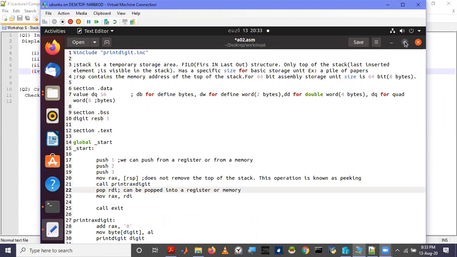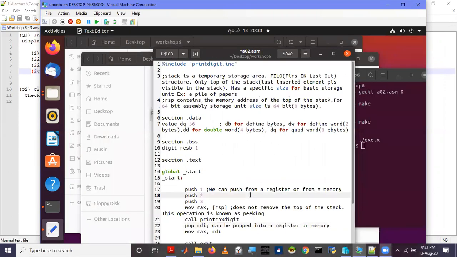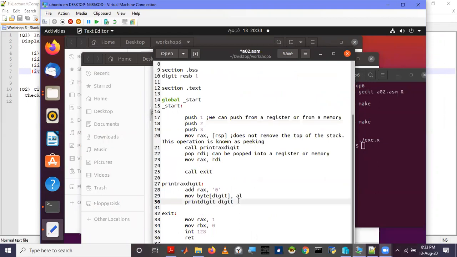For this subroutine, when you call a subroutine, make sure that you don't miss out the return statement. If you don't use the return statement, after this digit is printed, it will not come back here. So when you call this print digit for the first time, if the return statement is not there, the number 3 will be printed, but it will not come back and pop and print again. So make sure you don't forget the return statement.